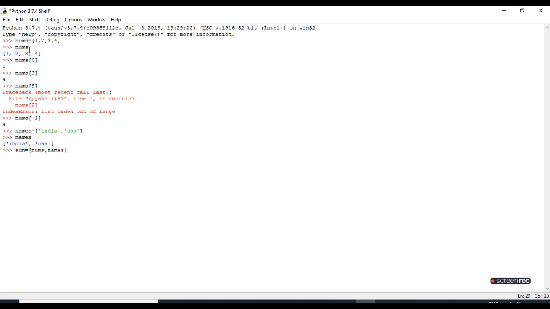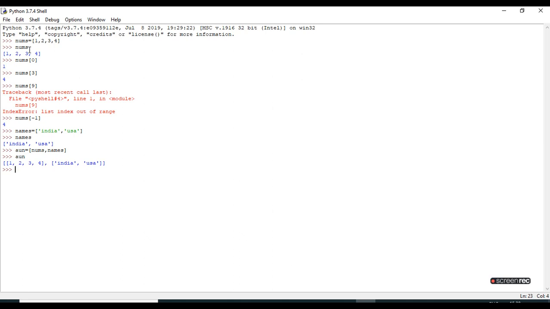If you know the answer, just pause the video for a minute and give me a solution. Okay, I'm going to run this. If you print it, it gives 1, 2, 3, 4, and India and USA, means it has joined the two lists into one. One list contains some strings and one list contains numbers, and both the lists come under one list. So this is for the list.